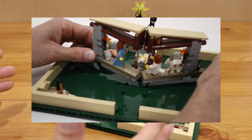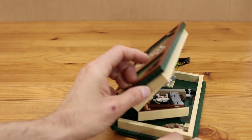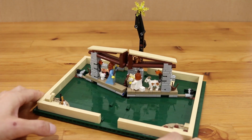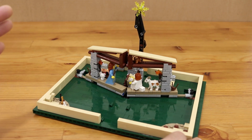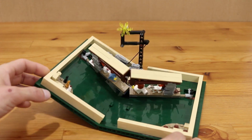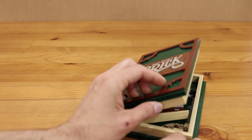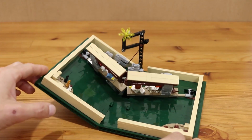Last year I posted a time-lapse video kind of illustrating the design process I went through for this nativity scene insert I made for the pop-up book. And I realized Christmas is still over a month away, but I did receive a lot of requests for instructions for this. So I thought I should post them a bit early to give anyone interested time to actually build it before the holidays. And you can find those instructions and a parts list for it freely available over at